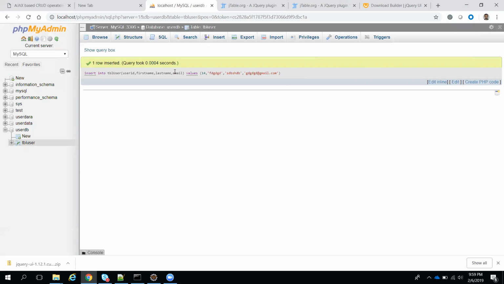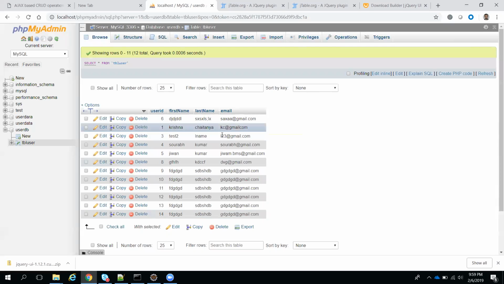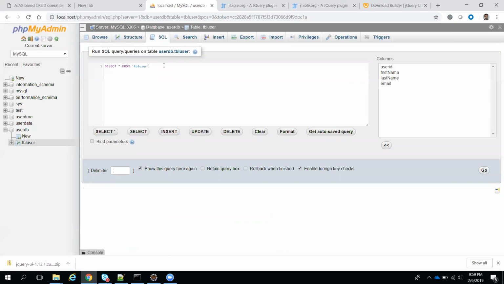Now we will write select star from table. We can write it, or else by clicking on the table you will get all the data. See, now I have this many records. Suppose I want to know how many, I'm not able to count these records. We can write one query called select count star. If you write that, it will give you the count of records.